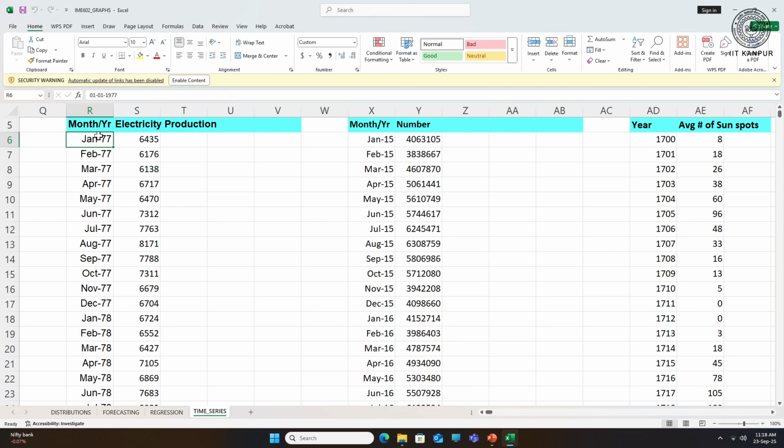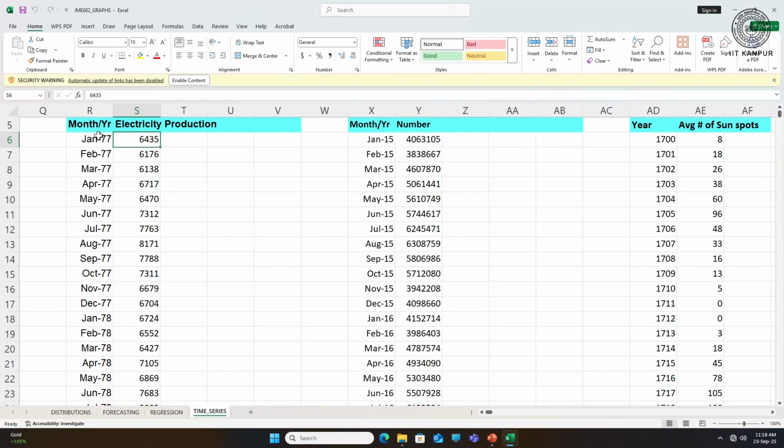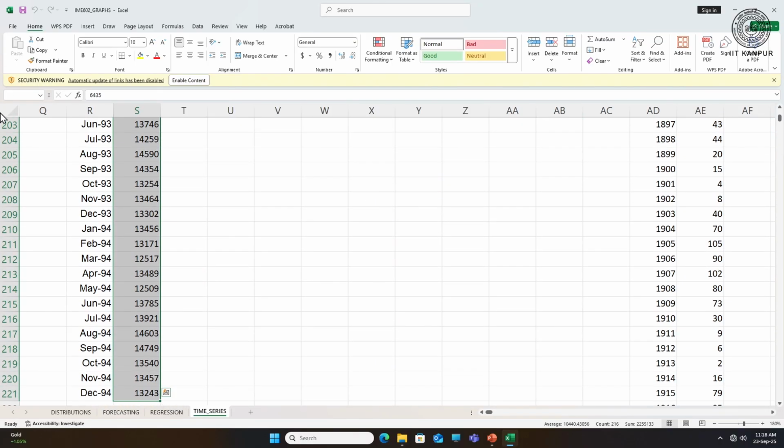It has been done for regression models and forecasting models, and we will do it for this one once the 12th lecture is over, because there I have added many sets of data in this Excel sheet. If I consider the electricity production, this is the time series, it has got 216 data